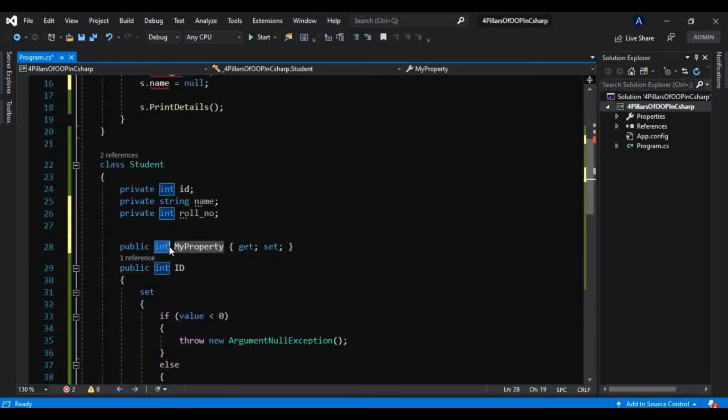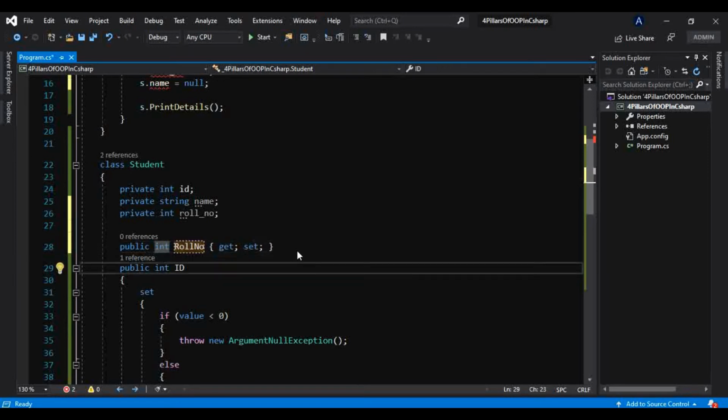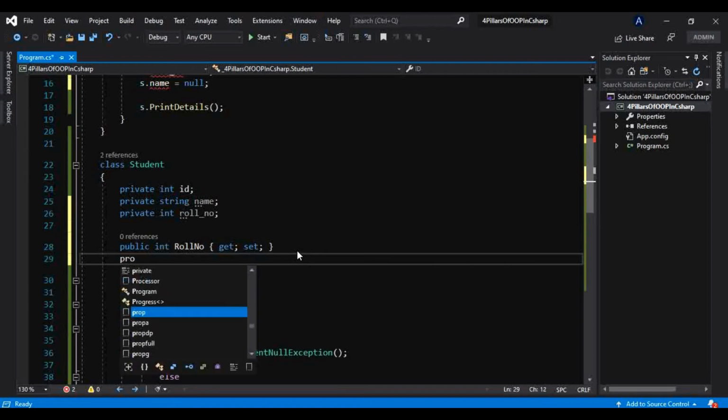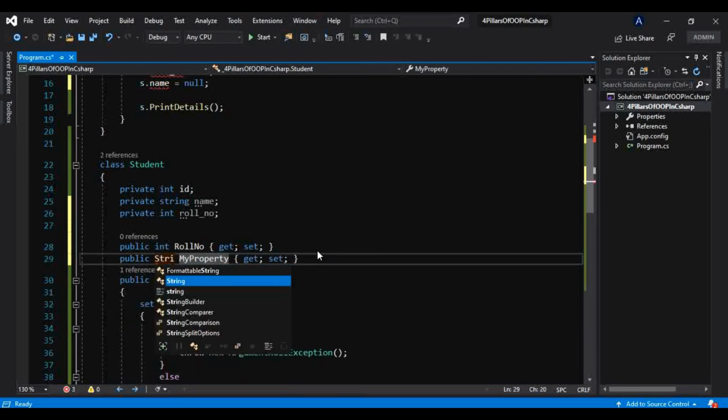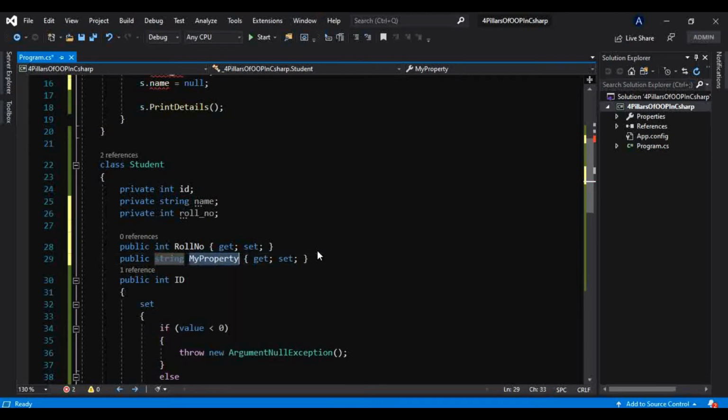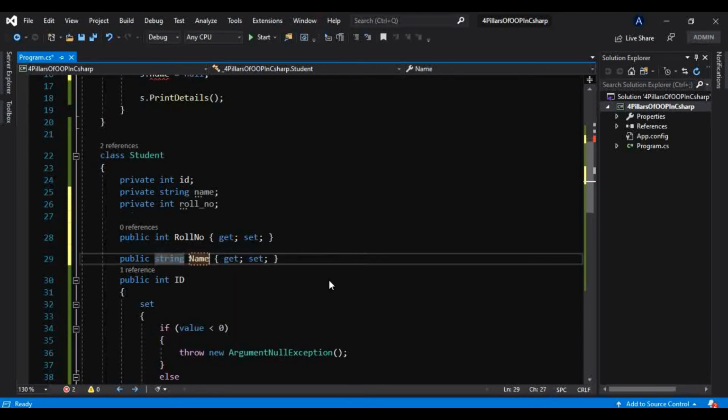This is nothing but an auto-implemented property, roll number, and here will be a property which will be a string, and the property name is name. Like this, this also will work. These are nothing but auto-implemented properties, which we learned in the previous video. I am again and again repeating: if you are not aware of this, please check that video.